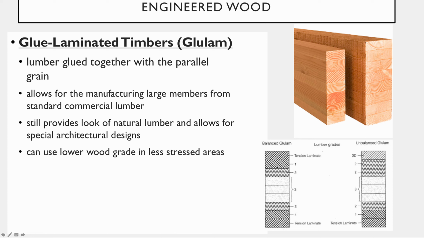Now maybe you're going to have reversed curvature and you'll have the beam go from smiling to frowning, and you need tension on both sides. Typically you don't in a regular building, it's just smiling. And so some people might say you could use less quality lumber on the top, like in the unbalanced glulam, and still be okay because that's a compression member. But